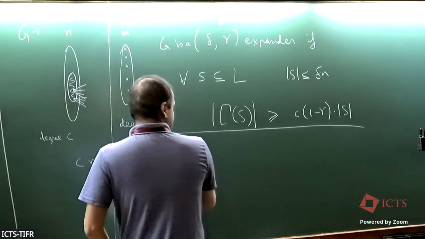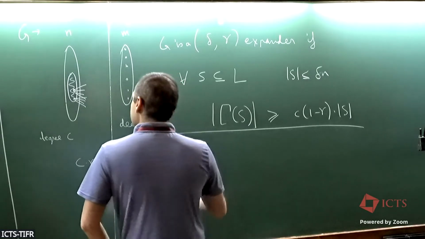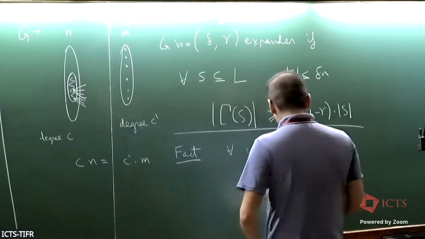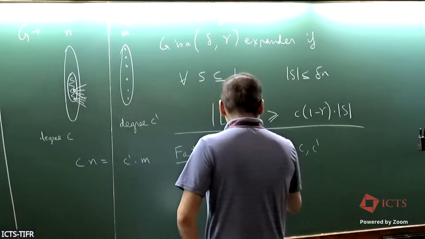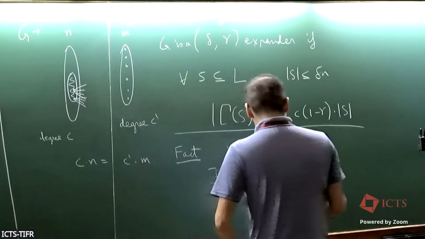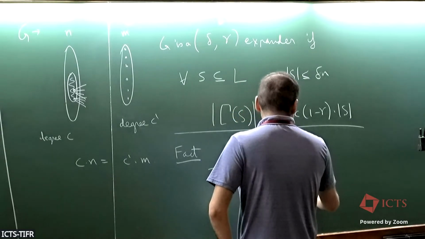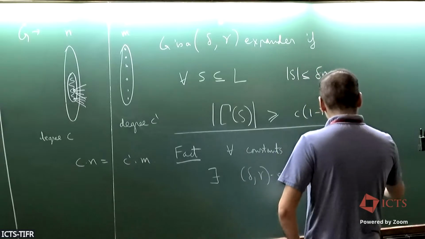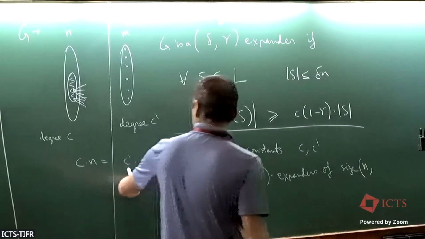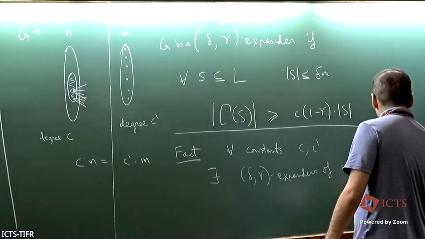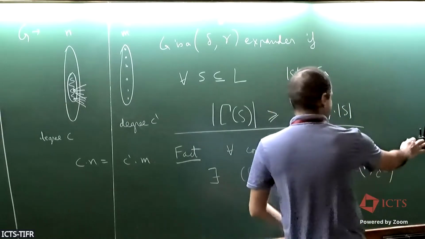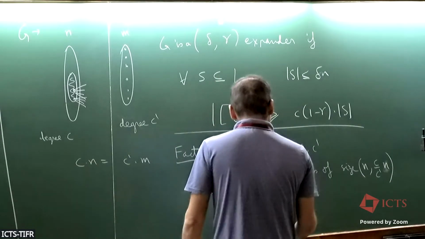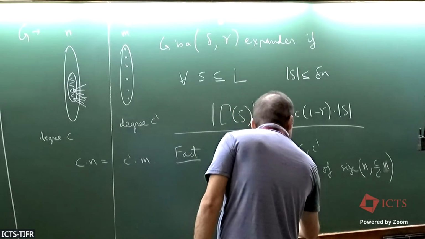So first let me say what exists, and I'm not proving it, but the fact: for all constants C and C prime, there exist (delta, gamma) expanders of size n and, I guess, C over C prime times n. Can you see this? Where, for delta,